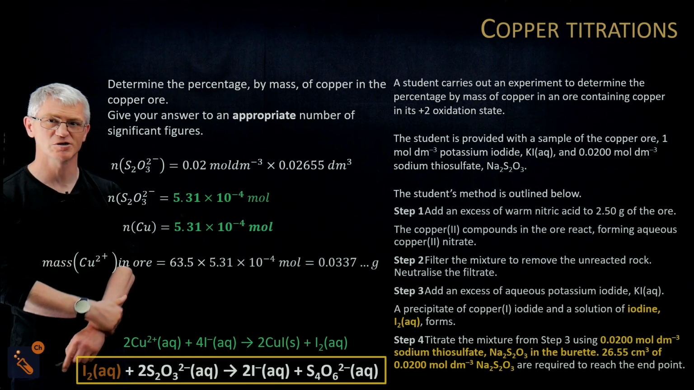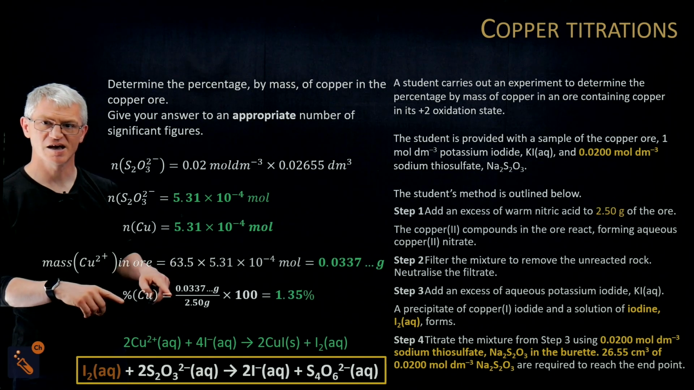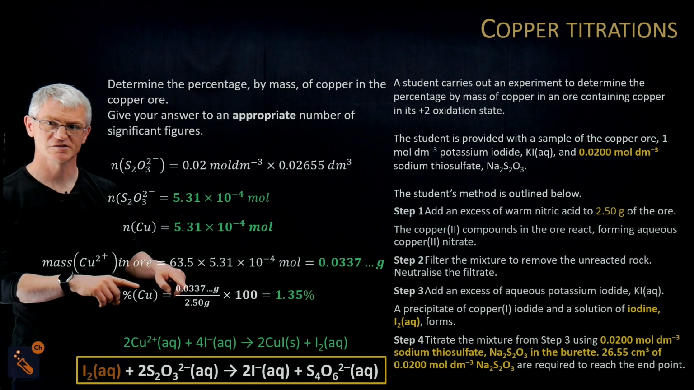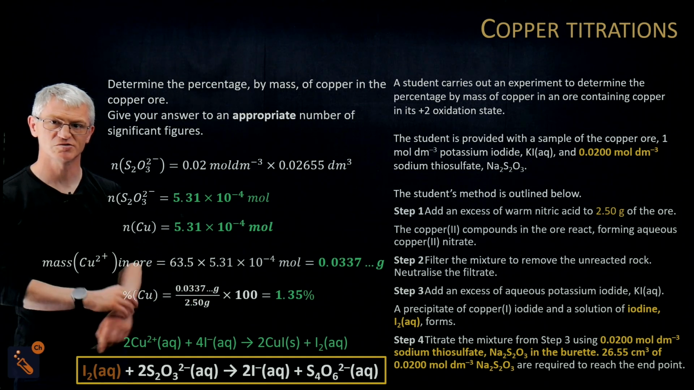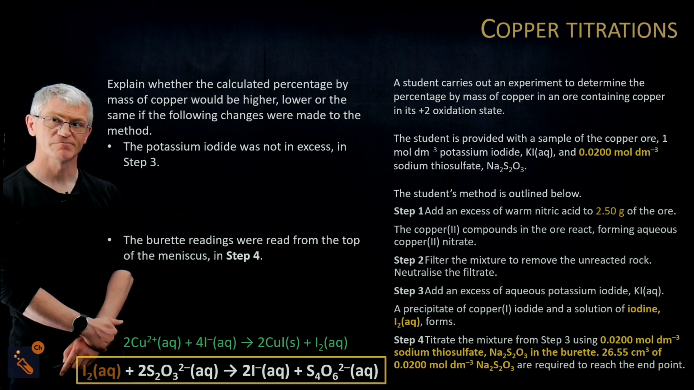But it's a percentage by mass. So what we do is we take your mass divided by the total times by 100, and you get 1.35. And that is how you work out the copper in the copper ore. Now, last thing